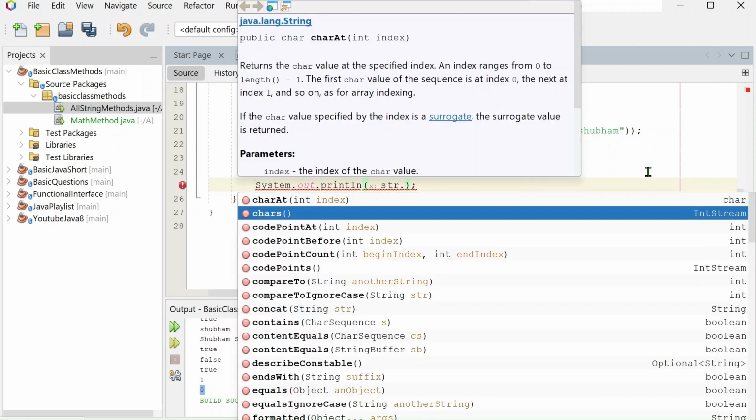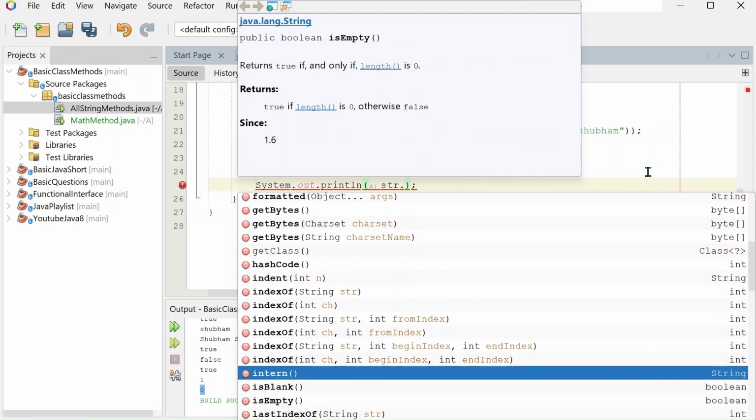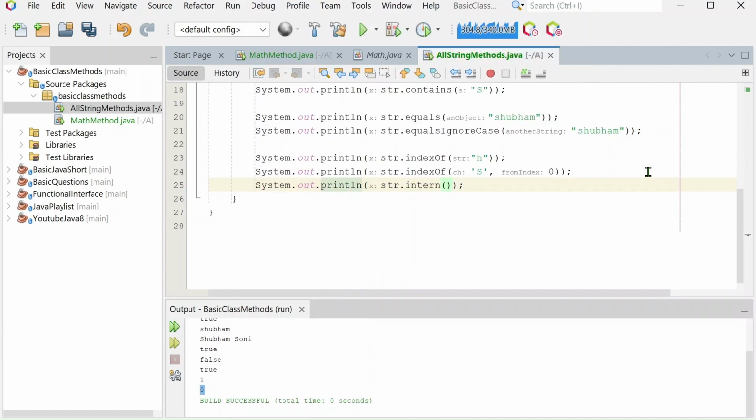So go and check all the methods. Basically, indexOf we have checked, and intern. It is just like a copy. This copy will be the same. For example here we have given